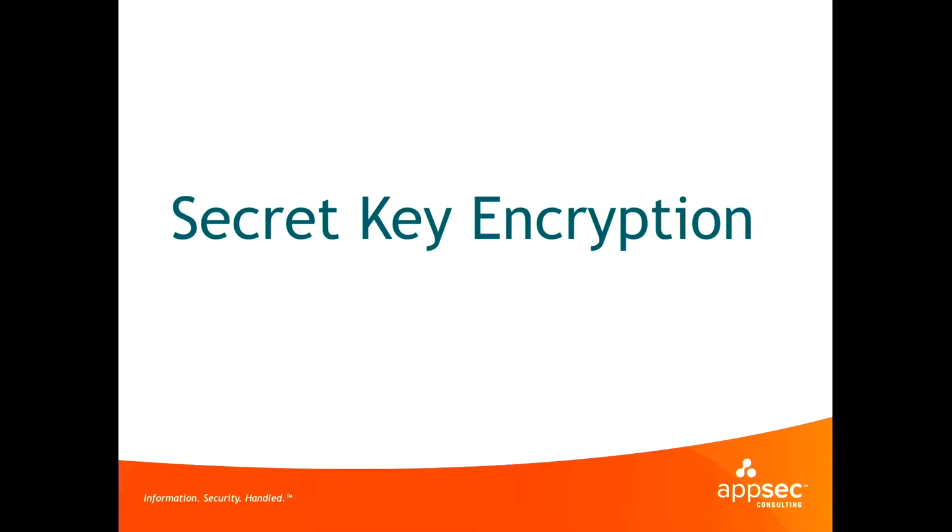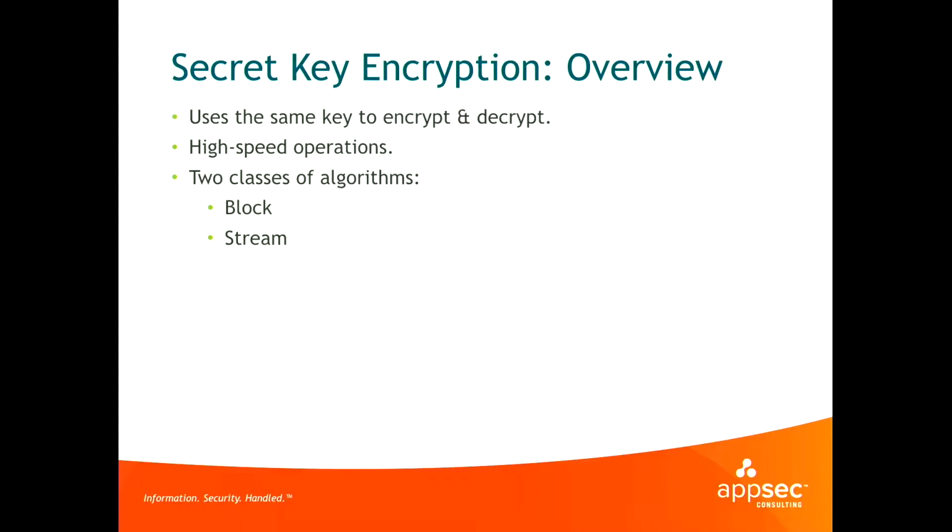Now we move on to secret key encryption or symmetric encryption. This is your data at rest. This is your data in a database. This is your data over the wire in hybrid crypto systems. There are two major types of encryption systems used, and they are based on how the key is handled. Public key, secret key, asymmetric and symmetric.